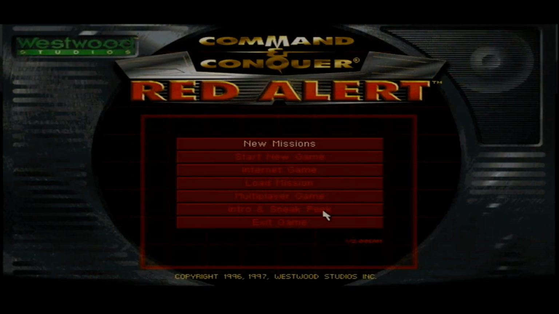Demos weren't the only way to promote your game. The other big method was to include a trailer for your upcoming title. Westwood always put sneak peeks on their main menu,